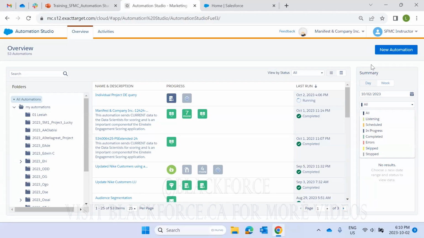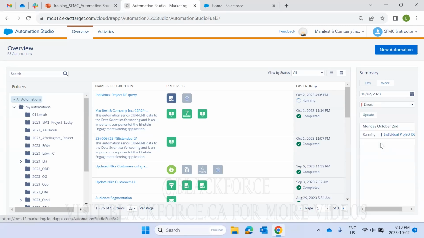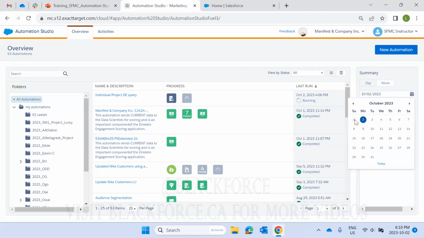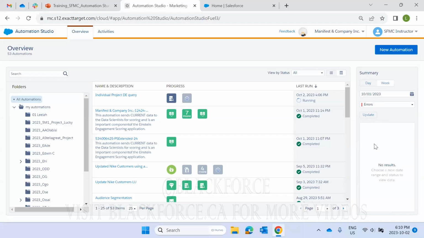For example, if I wanted to see all automations that are currently in progress, it shows me that right here. This automation is currently in progress. If I want to see all automations that errored out today or yesterday, I can get a quick view of that. If I want to see for a date range, say all automations that have had an error in the